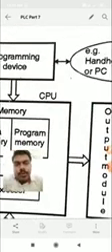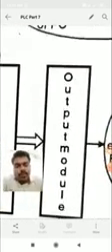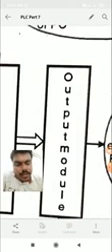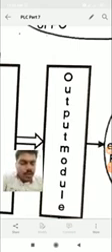Next is the output module. This is also important. The output module is connected to the output devices. The number of output devices depends on the type of process. Output devices are switched on and off by the PLC. So output devices can be switched on and off, which is controlled by the PLC.